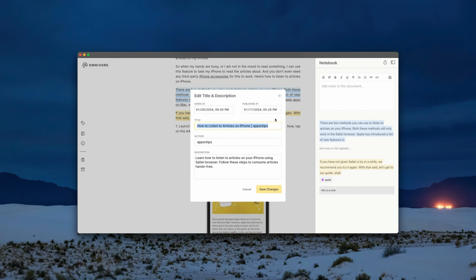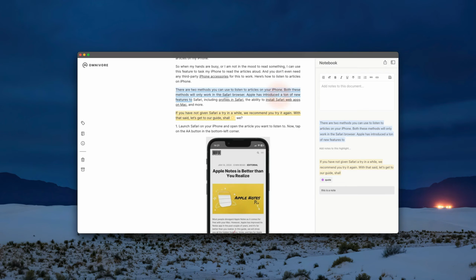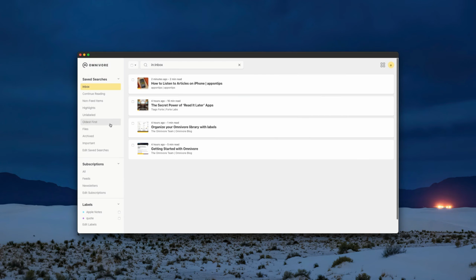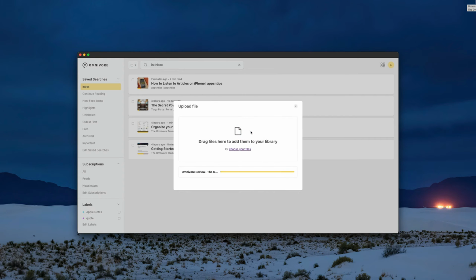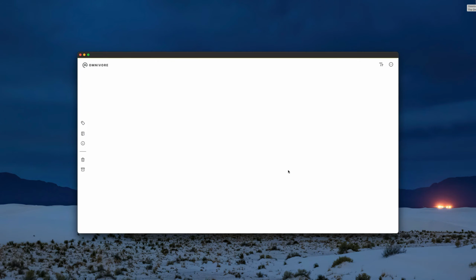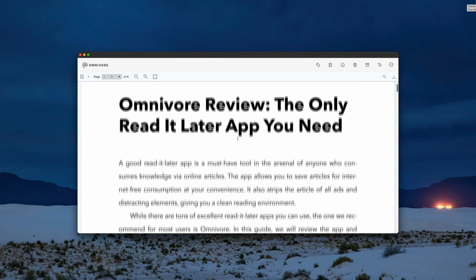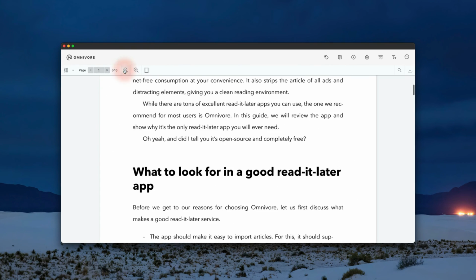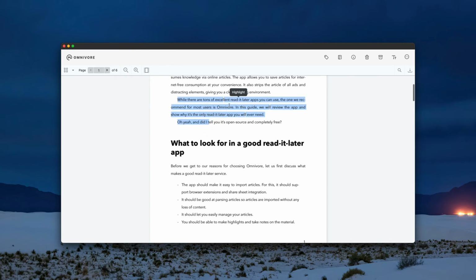Then there's the delete and archive buttons that do exactly what they sound like. Omnivore also allows users to import PDF files into their directory. It offers a basic PDF reader that allows you to read the document, add highlights and labels, and take notes. It's certainly not as feature-rich as dedicated PDF readers, but it gets the job done and offers all the basic